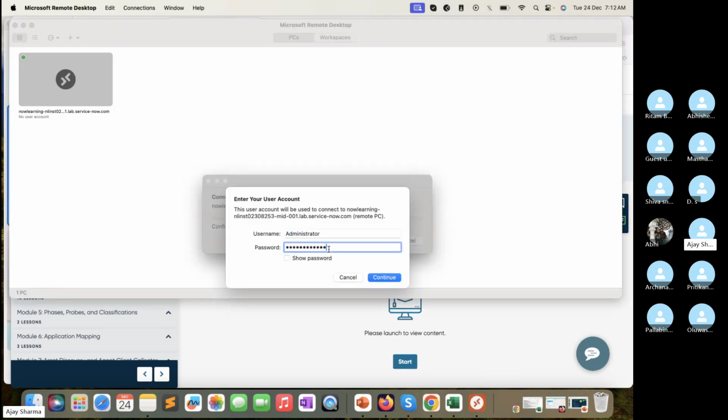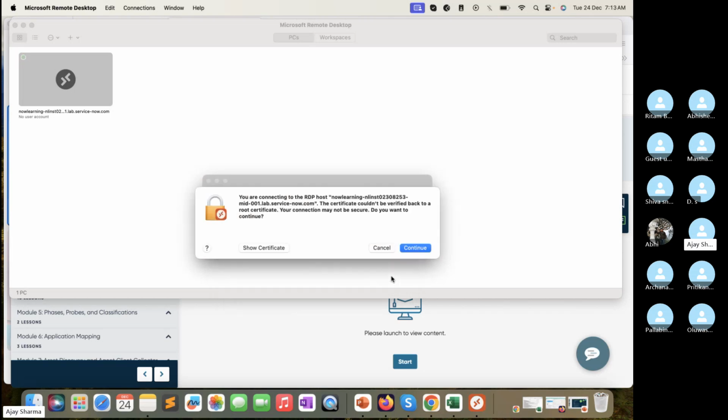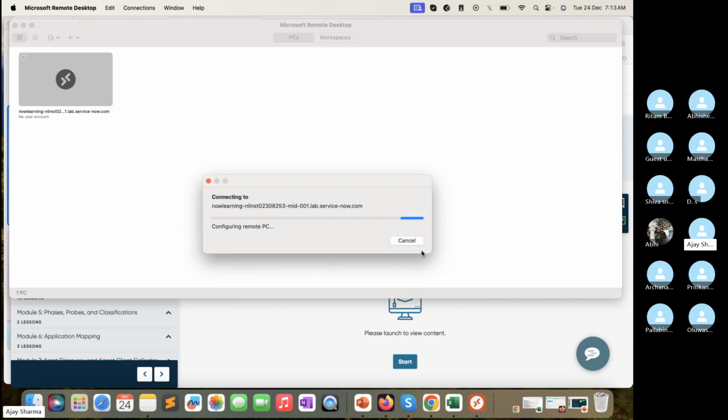So I'm just doing the same thing here, putting the username and password, and that username and password, which is provided by customers, should use or should ask for local admin access, so you are able to perform the troubleshooting if required, right? So once I have connected here,